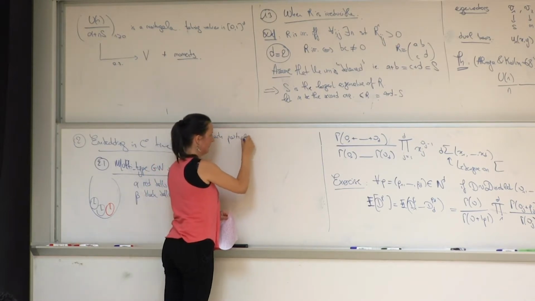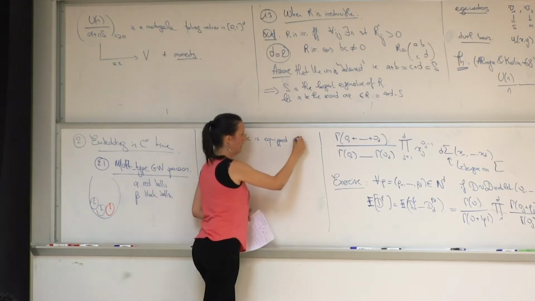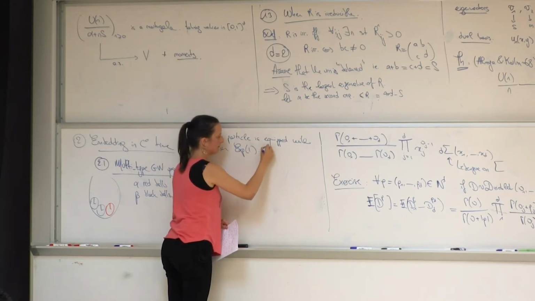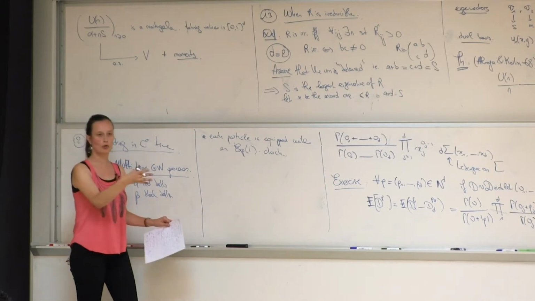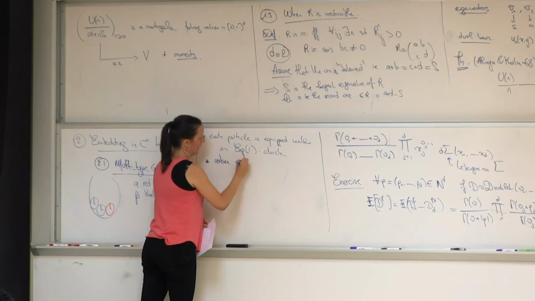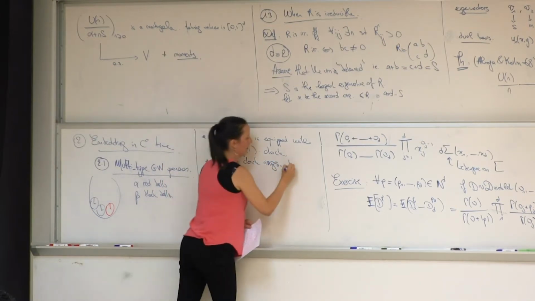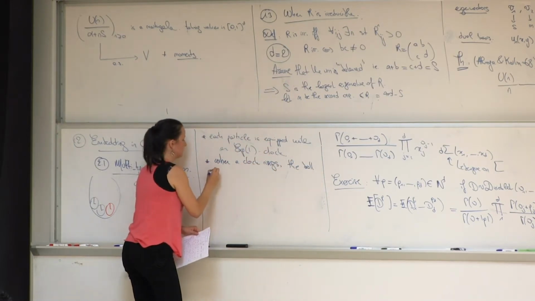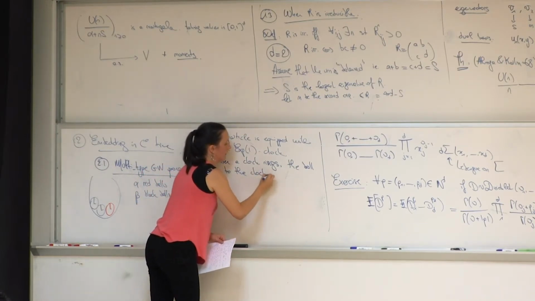So each particle is equipped with an exponential 1 clock. They are all independent, okay, I'm not writing it. All the clocks are independent of each other. When a clock rings, the ball associated to the clock splits